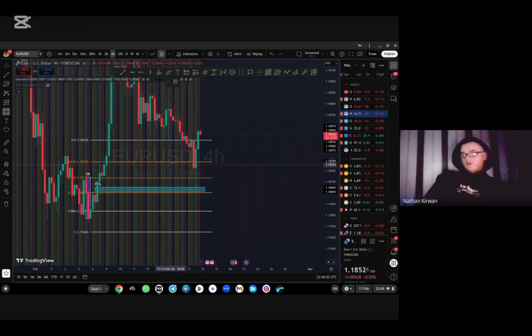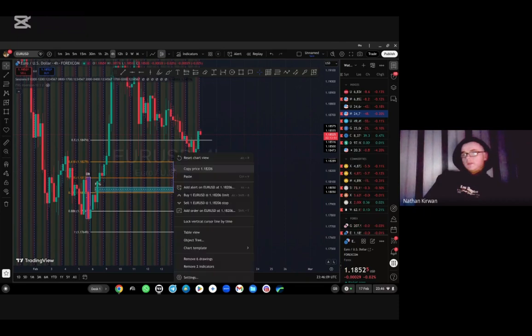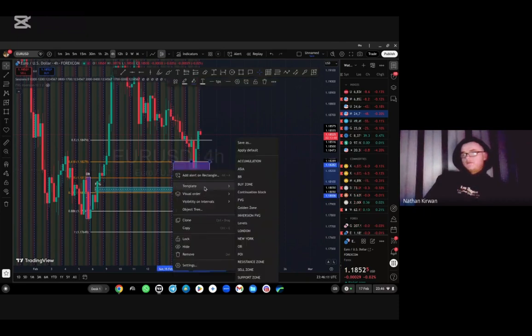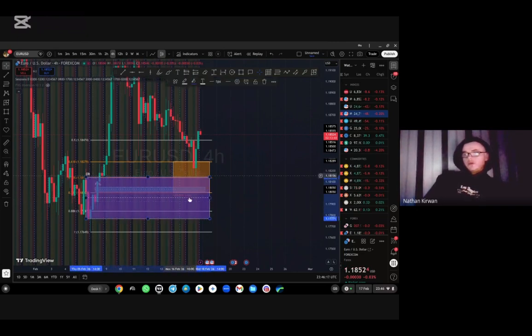And then to couple all that together, you have the golden zone. Bang. So when you overlap the three of them, that would have been an all-the-way trade, except we know